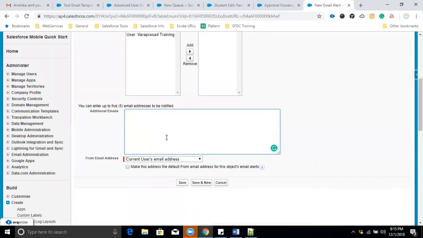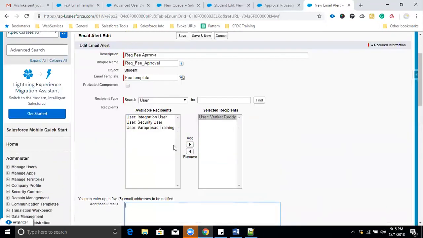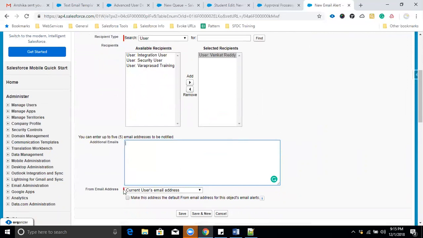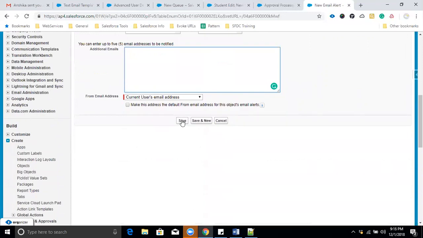You should select who needs to approve, right? That user only you should select here. Once I submit the record, I will set this user in the record, so it will go to this user, and the user will come to know he needs to approve. Have you given this username in the approval list earlier? No. Once we submit the record, then only it will be available whom we need to assign that record. We will see that once we create this step. If you want to add any additional emails, we can add, no issues. Just click on save.